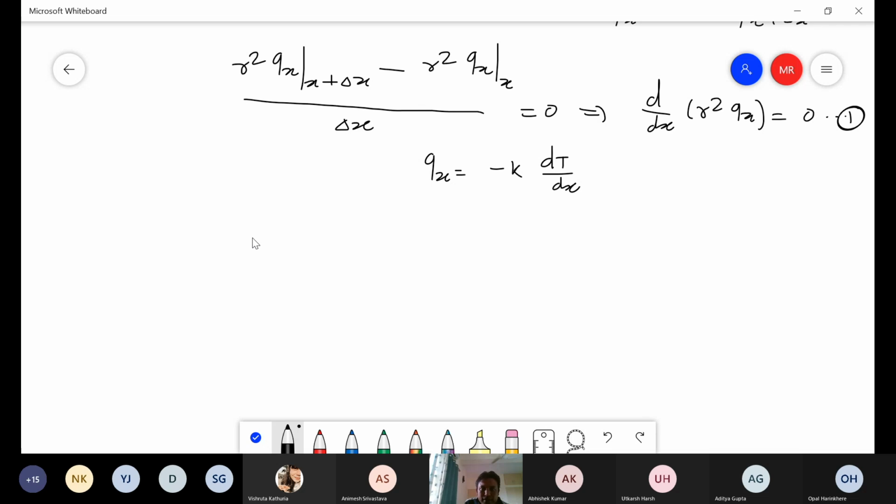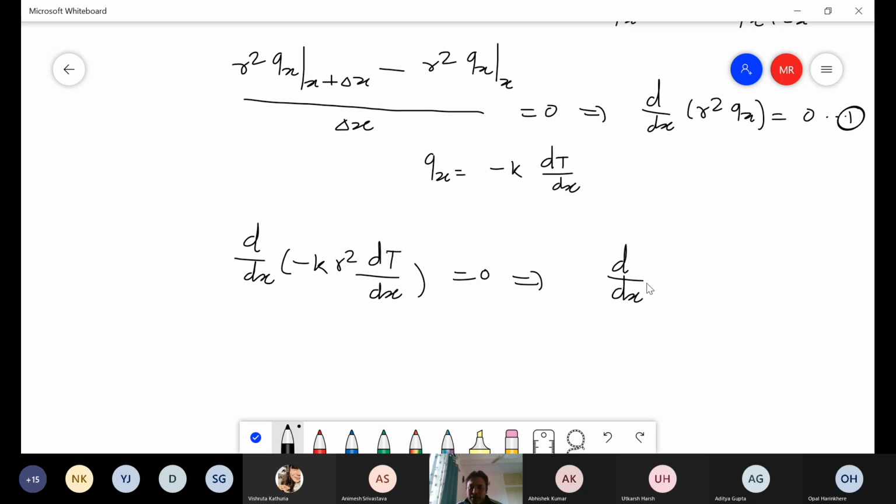So what we are going to get here is d by dx of minus k r square dT by dx equals to 0. So from this, k we can take out because k is basically a constant value here. So we can write this as d by dx of r square dT by dx, and the minus sign we can also get rid of. So this becomes 0. So after integration,